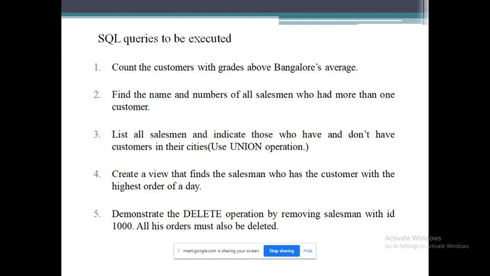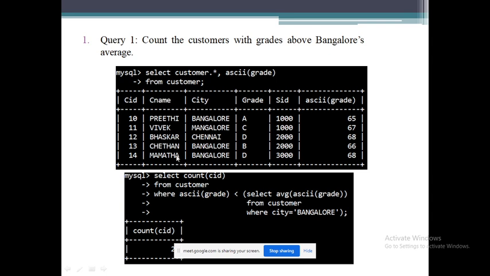Now if I take the customers with grades above Bangalore's average, first I should know what is Bangalore's average. Correct? First I need to get Bangalore's average and that needs to be compared. So here we will first just display what is the grade in ASCII value.